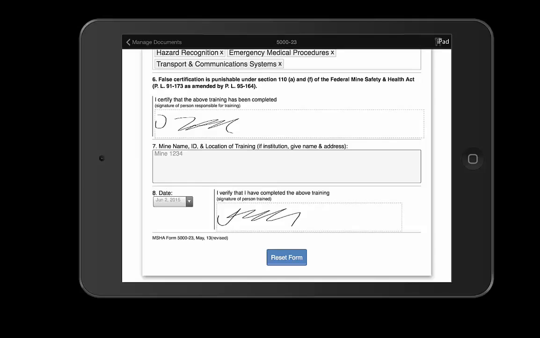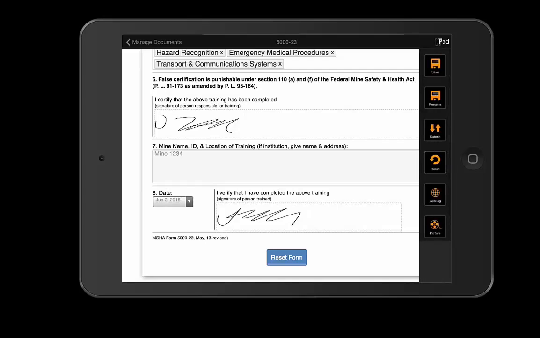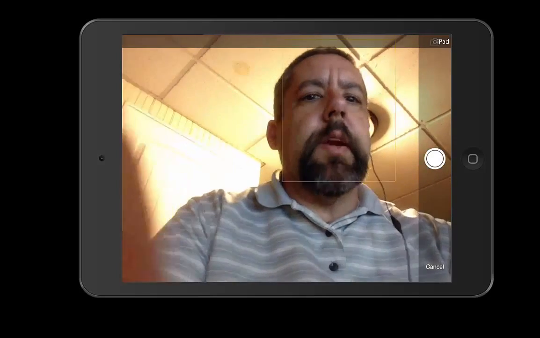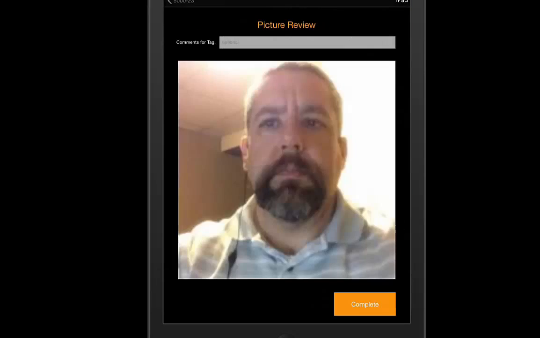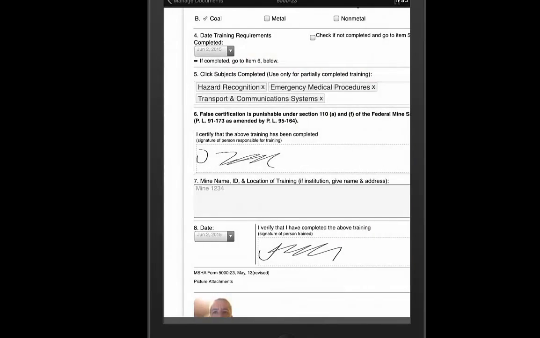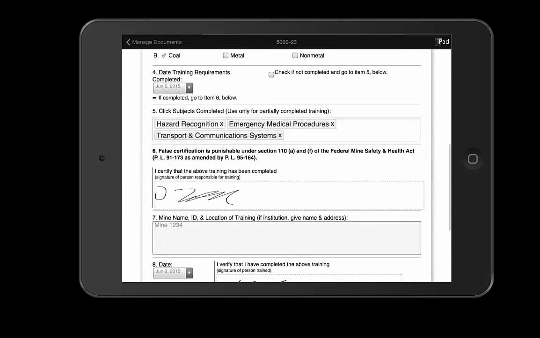Now, we don't have to, but if we want to, we can take a picture of the person that was trained. So I'll take a picture of myself here, turn the camera around. Here I am in my office. Use that photo, attach it to the form,